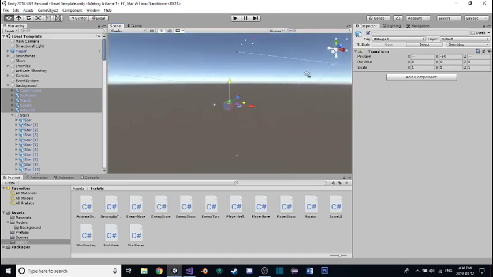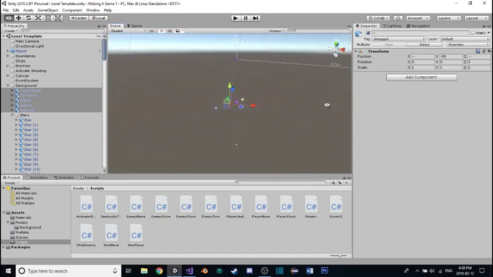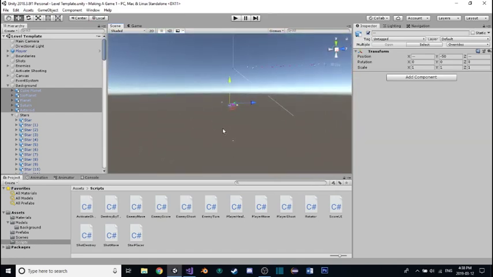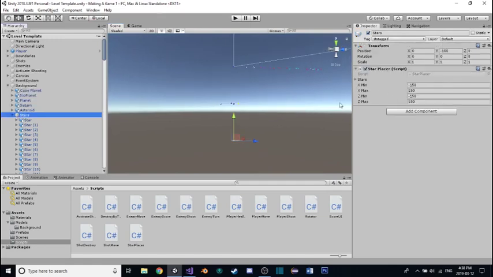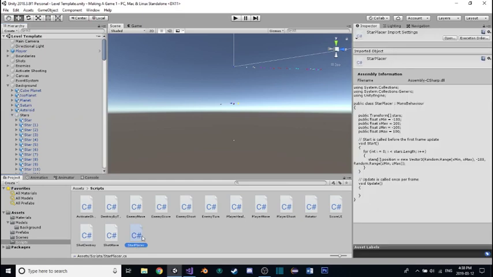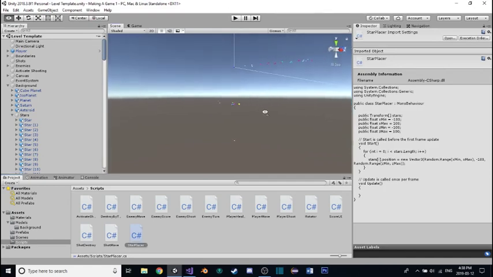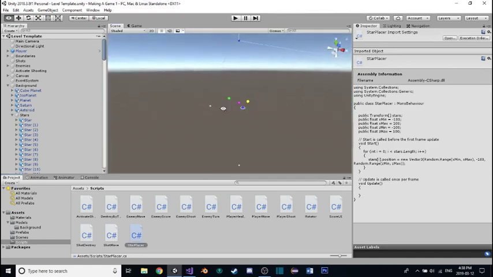Actually, we could probably have the same thing. You know what? Yeah, we could probably do the same thing where we just randomly place them as well. Because then we have randomness, which could help, especially if we want to make lots of levels. We could easily have it work with planets of different colors, and there would be randomness, which would be less work for us, which would be great. So I'm actually going to rename this to Planet Placer,